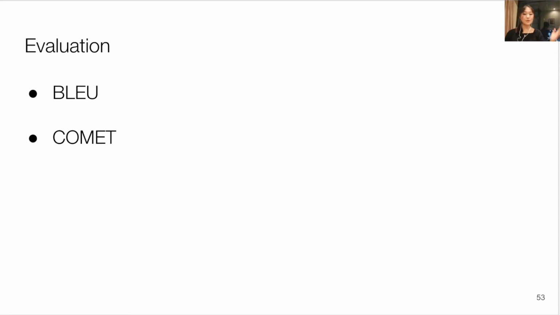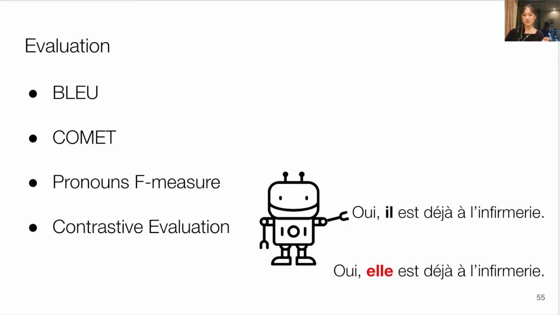However, words such as ambiguous pronouns represent only a small portion of all words in the data, so corpus-level metrics such as BLEU and COMET may not clearly capture improvements in translating discourse phenomena that are still very important for document-level translation. We therefore also compute the mean word F-measure of the translations of the ambiguous pronouns with respect to the reference pronouns. And we also perform contrastive evaluation, where we measure how often the model assigns a higher probability to the correct translation than a translation where the ambiguous pronoun is incorrect.